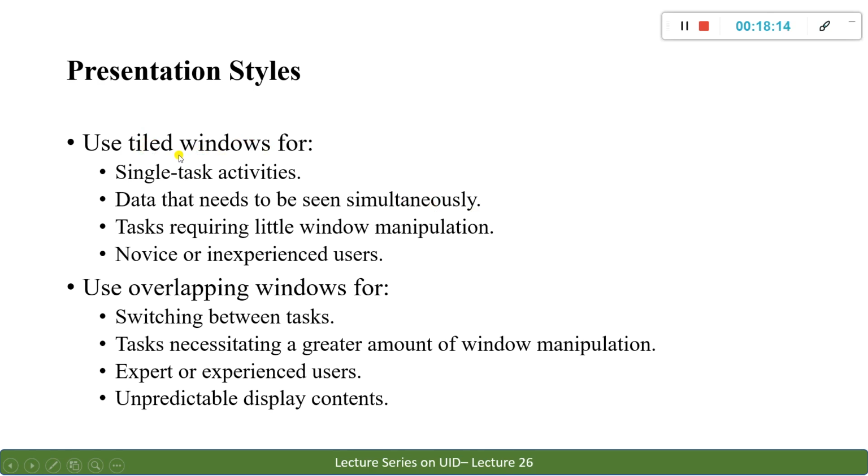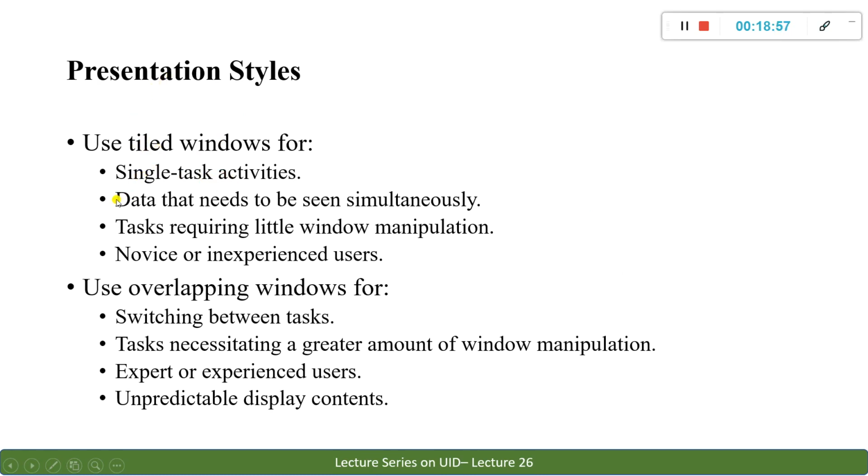Tiled windows might be useful. So when do you choose a tiled window? If you have an activity which is a single task, where you can complete the whole activity, like a calculator. The task of the calculator is to just calculate, right? So you need numbers, signs, operators, and a screen which is going to display the output, everything you require is there. If you have such an operation which is a single task, you can go for the tiled window